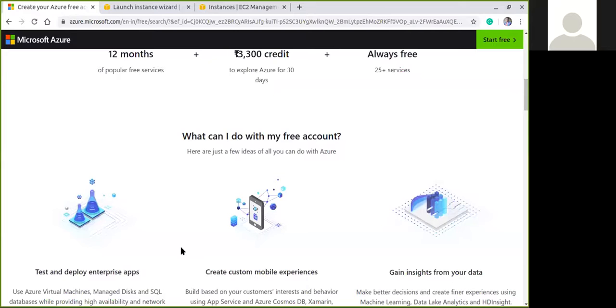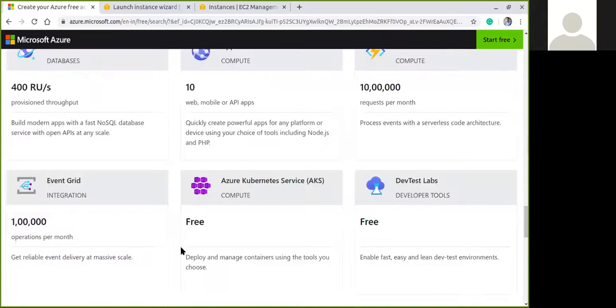With this, we also have Google Cloud Services, we have Droplets, we have IBM Cloud, we have Adobe Cloud. So we can look through all of them and take a decision on which cloud provider is best suited for our own preference or for our own need. With this, let's move on.